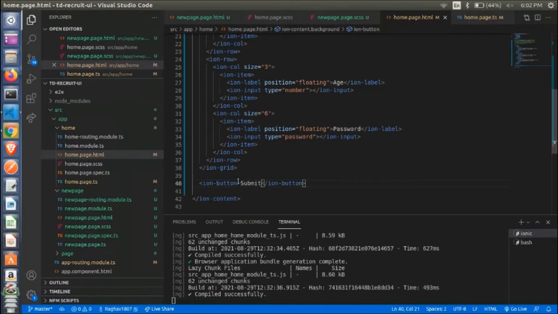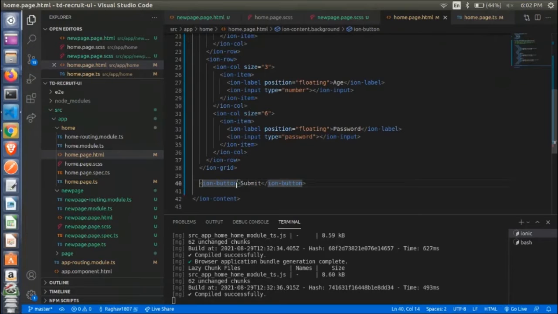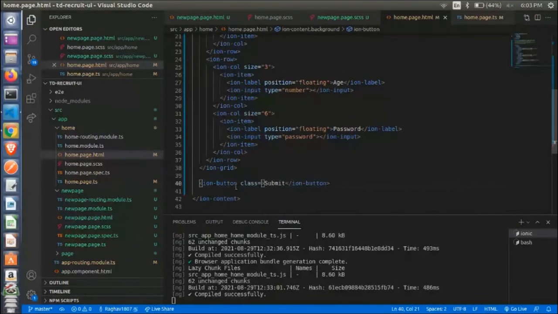Now next, if we want the button to cover the entire width of the page, we can give over here a class equal to, we can say, button class.